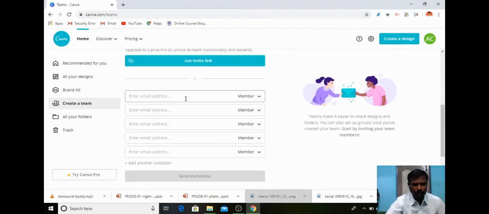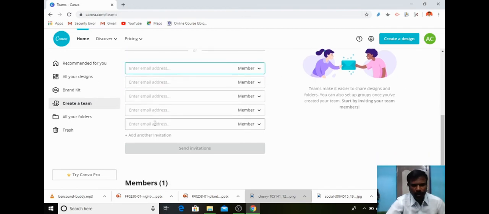So you can give the email address and whether it is a member or administrator. Member means they cannot delete or modify it, and administrator means they can do whatever roles you have given. So like that you can invite any number of your friends to make that design a collaborative one.